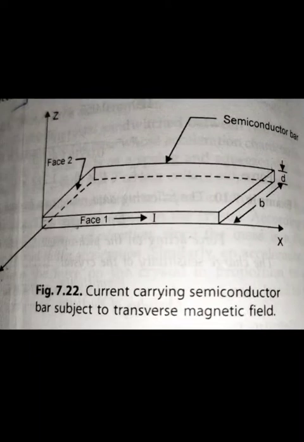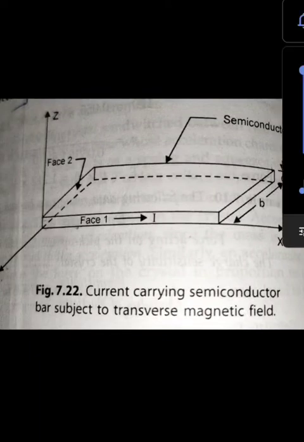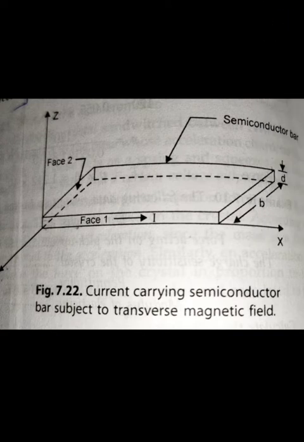The next transducer is the Hall effect transducer. Hall effect: when a current carrying conductor is placed in a magnetic field, a transverse effect is noted. This effect is called the Hall effect. Hall found that when a magnetic field is applied at right angles to the direction of an electrical current, an electrical field is set up which is perpendicular to both the direction of the electric current